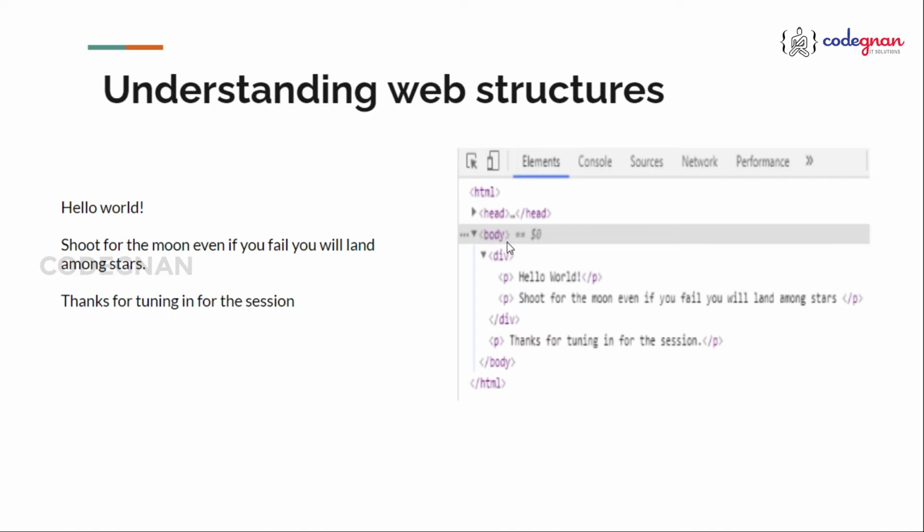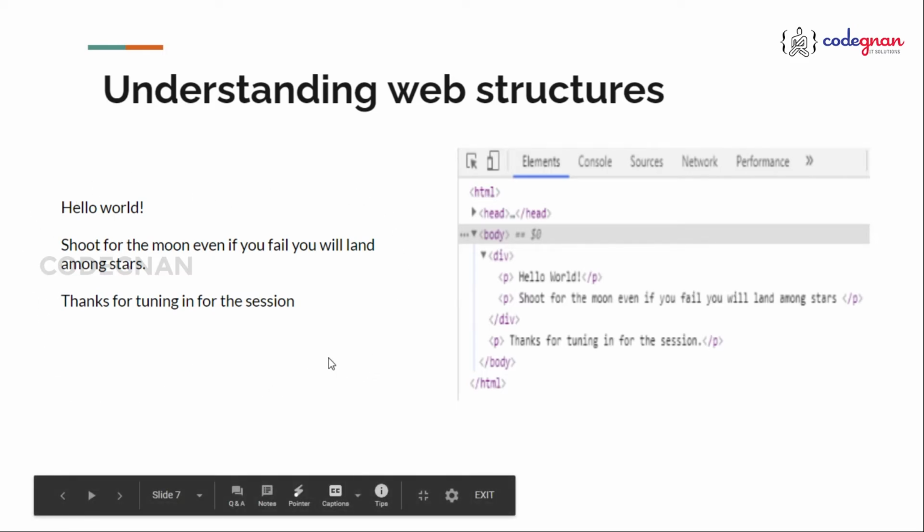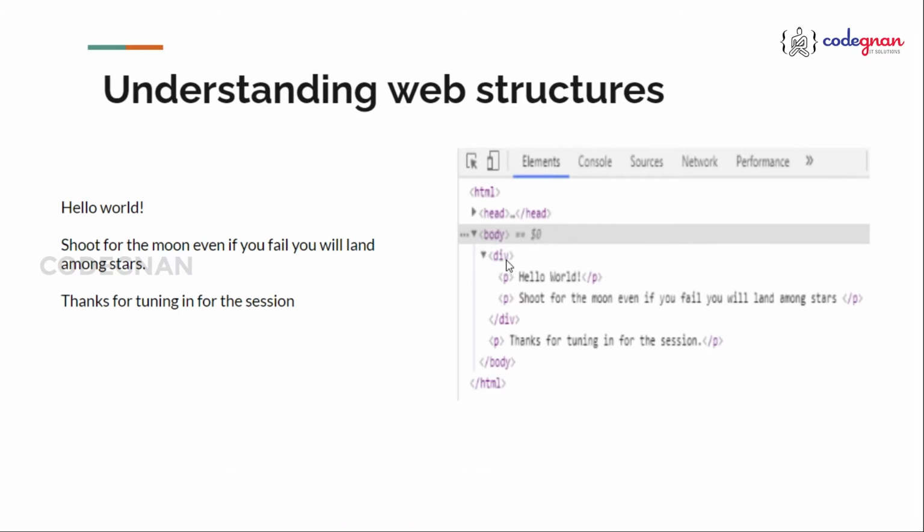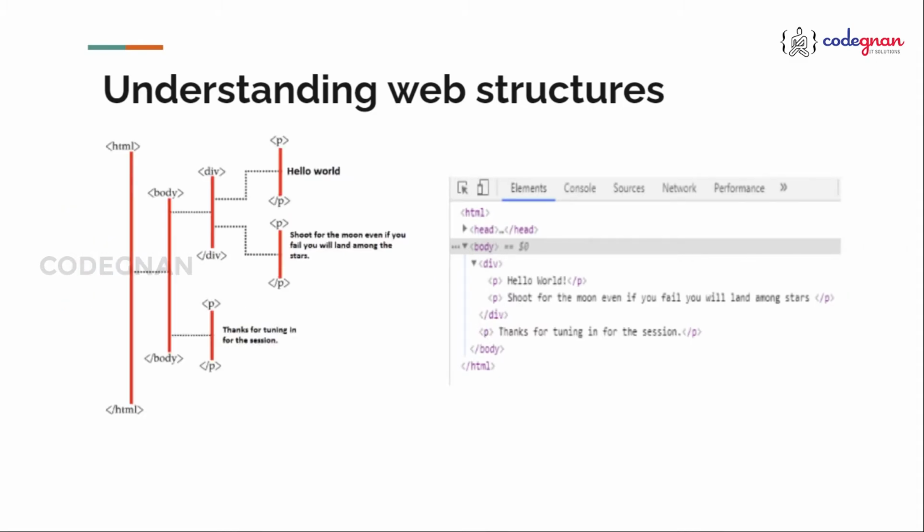For example, here if you see, this is the source code of this information which is present on a certain website, let's say, right? So you have HTML, head, body, div, then again you have the P tag. We call these tags. Some are parent and child tags, and we'll talk about them. So you need to find the source code. How are you going to find the source code, right? We will see that as well using your Chrome Developer tools.